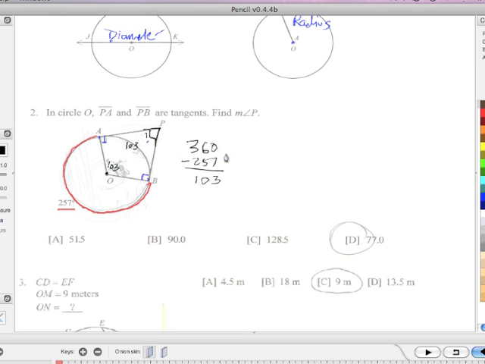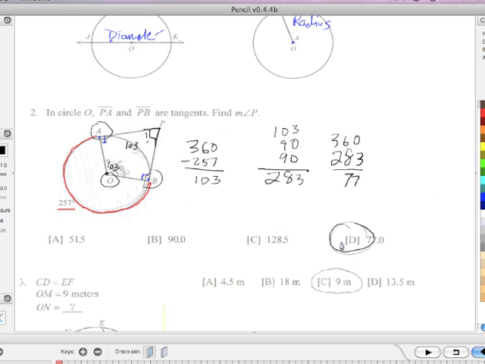So since we have 103 and 90 and 90, these three, B, O, and A, add up to 283, leaves how many degrees? 77 degrees. Okay, so boom. Next,